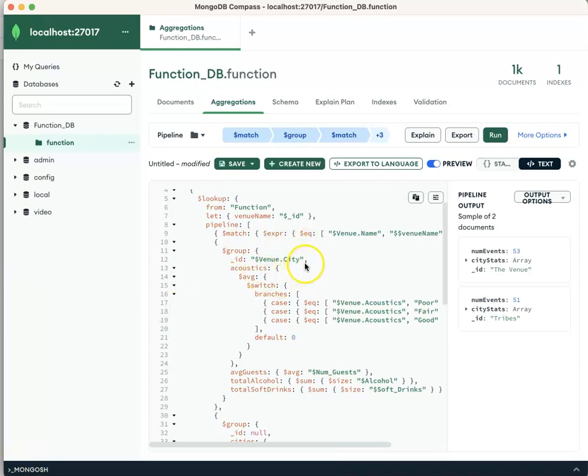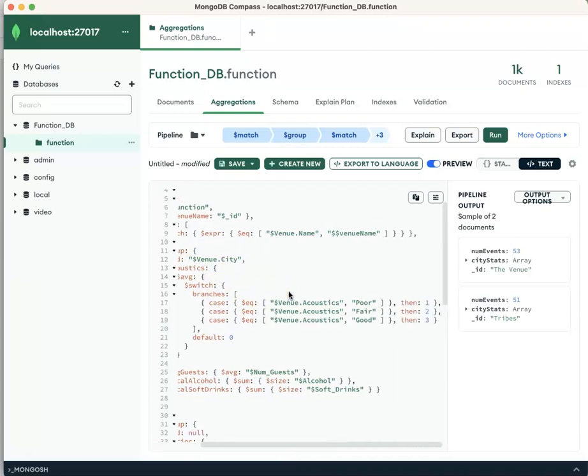It then groups the joined collection by venue.city. Acoustics. This part of the aggregation pipeline is calculating the average acoustics rating for each city where events have been held at a particular venue. The acoustic rating is based on the values of the venue.acoustic field, which can be one of the three values: